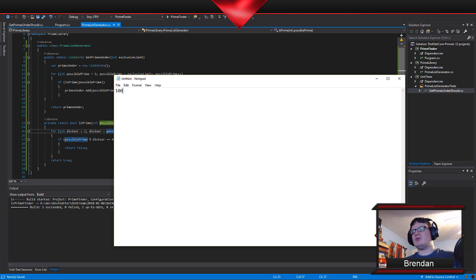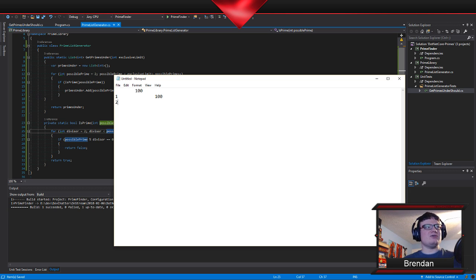If we have the number 100 as a number we want to check to see whether or not it is prime, the first thing that I can do is attempt to divide by 1. And by attempting to divide by 1, I am going to find that I get back 1, and 100 is my result.